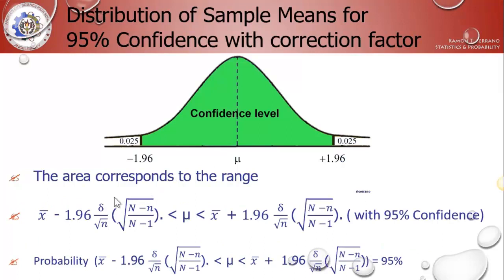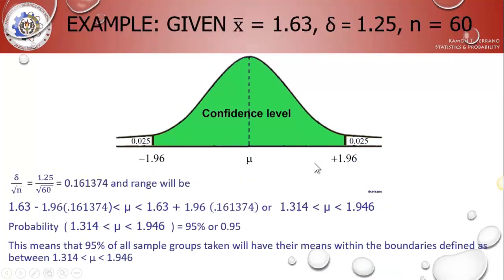If you add the correction factor, you will just multiply the left side and the right side by square root of N minus n over N minus 1. Okay? So that is all that is added with the correction factor. So, in our example, given that x bar is 1.63 and sigma 1.25, with the sample size equal to 60, if you divide sigma over square root of n, you'll end up with